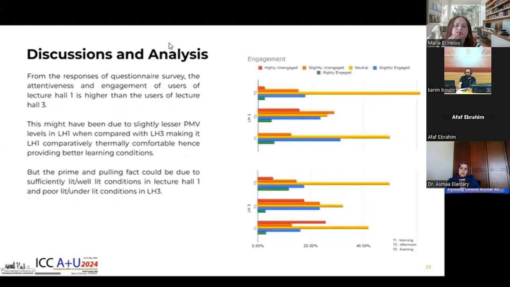The survey results show that students reported higher engagement in lecture hall 1 compared to lecture hall 3. Two possible reasons for this difference might include the predicted mean vote levels, which were lower in lecture hall 1 compared to lecture hall 3, and lower PMV values indicate a more comfortable environment. And the prime polling factor could be the sufficiently lit or well-lit conditions in LH1. We acknowledge the possible reasons are based on the survey data, and further investigation is still needed to confirm